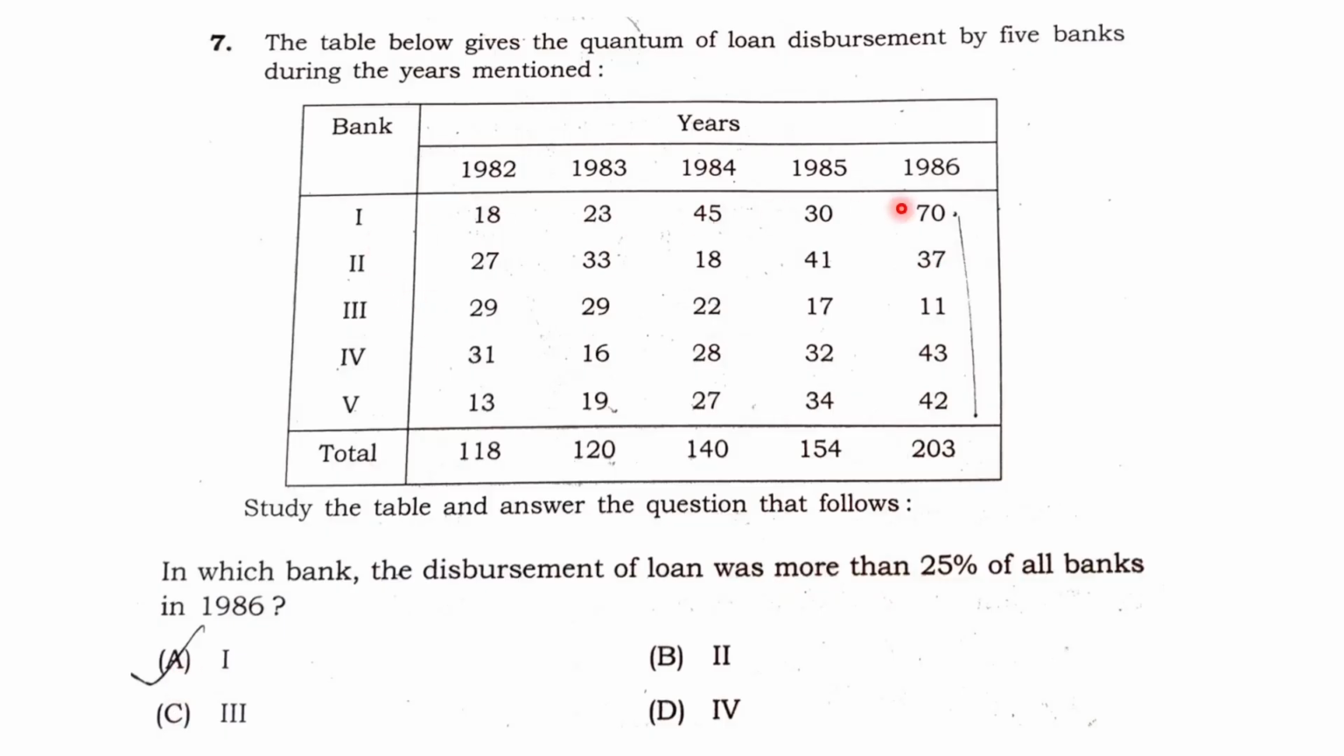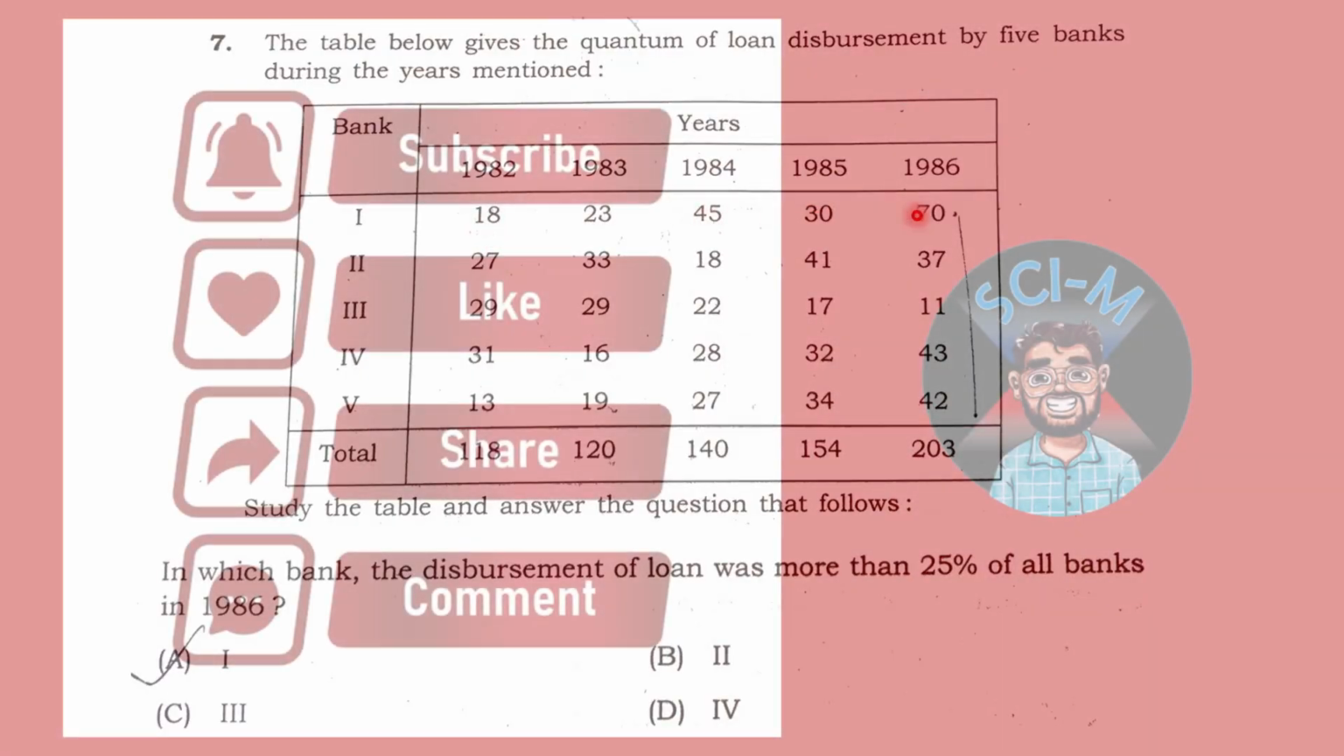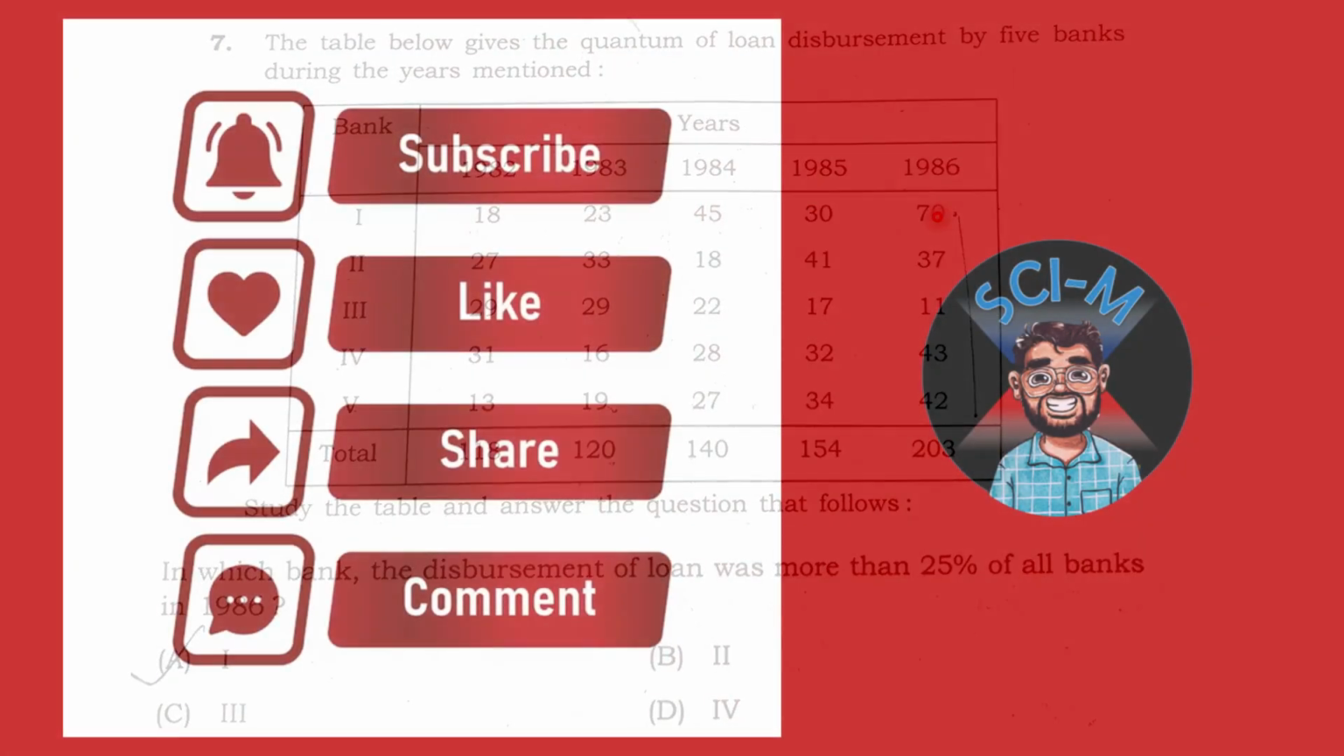Bank 1 gave the total amount in 1918, 23, 45, 30 and 70, and then we will compare it with the total of